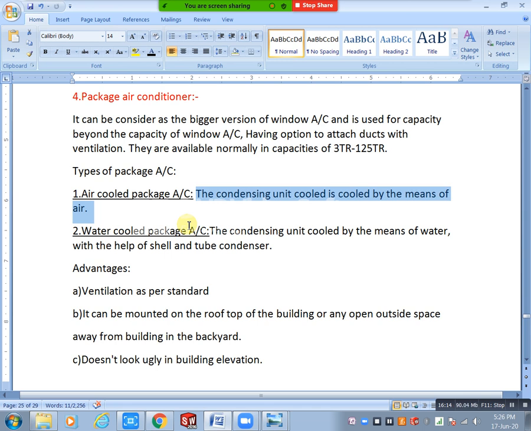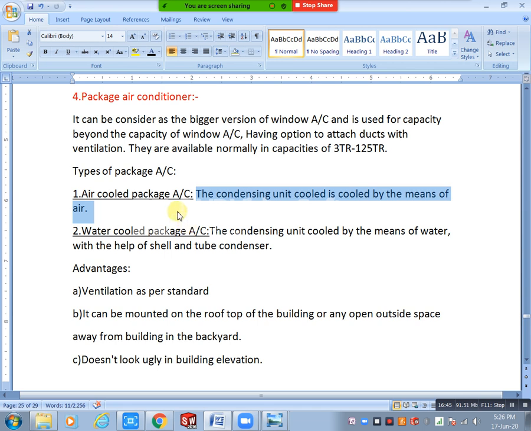For example, you will take chilled water system. First of all, our refrigerant, we have different types of refrigerant. Already explained, 3 types of refrigerants are there, but we are using HFC refrigerant. Okay, R12, R22 and R30, I will explain like that. Refrigerant codes also. Okay, already you know that refrigerant. Here in the air cooled package system, the refrigerant is a primary refrigerant, directly in contact with the evaporator and room air.